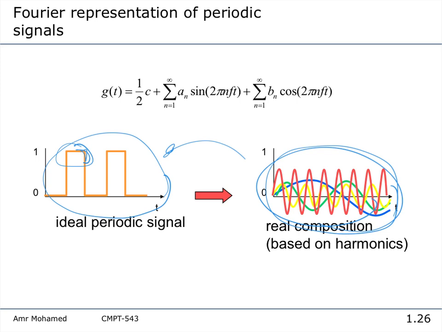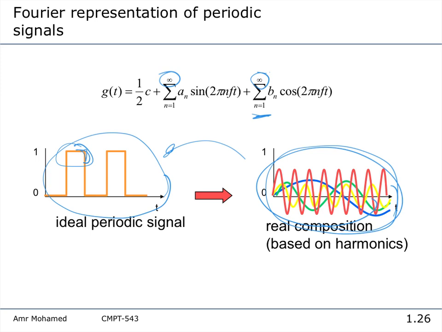And as long as this signal is discrete, Fourier has this theorem that I can have a finite number. So this is not necessarily infinite, right? If the signal is discrete, I can represent it using a finite number of sine waves. Of course this is very fundamental for us because it gives us the foundations for how to deal with the harmonics of the signal, how to have an approximate representation of digital signals.